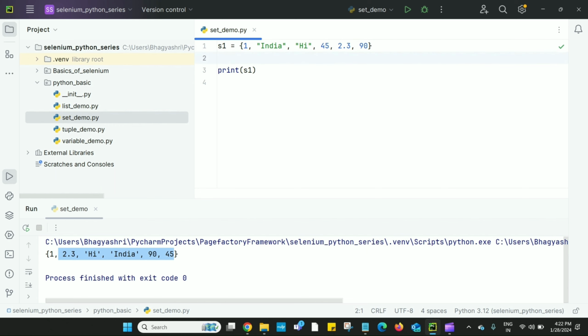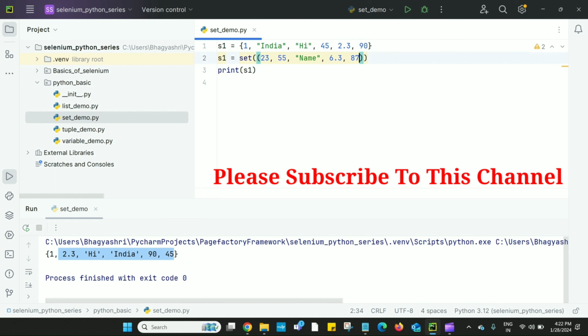Another way is we can define the set by using the set constructor. So we can define like this: 23, 55, then any string, name, then 613, 87.